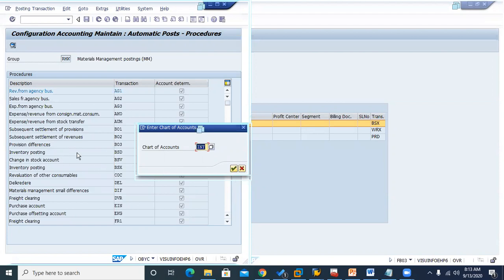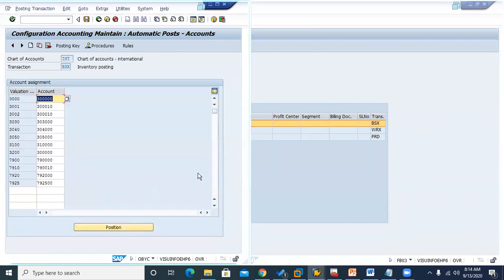But when you are going to assign it, you will go with respect to the INT. Why is INT required? There are so many others if you open INT, because my plant is ABC1, and that ABC1 plant is assigned to company code ABC1. That company code ABC1 is assigned to the chart of accounts INT. That is the reason we have to go inside with this INT. Then we can see here the valuation classes.